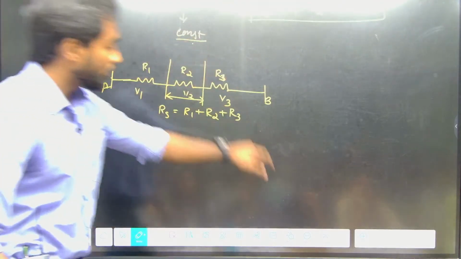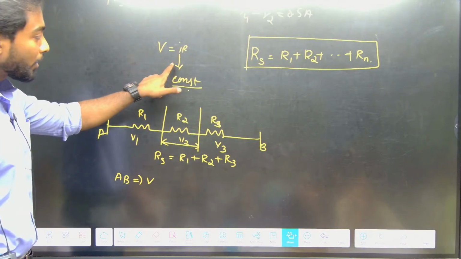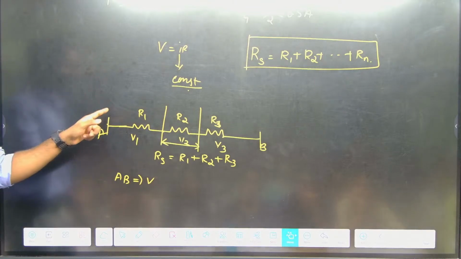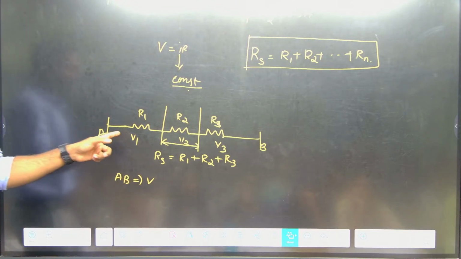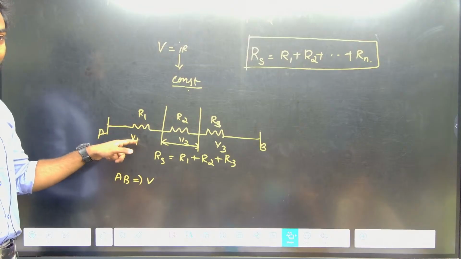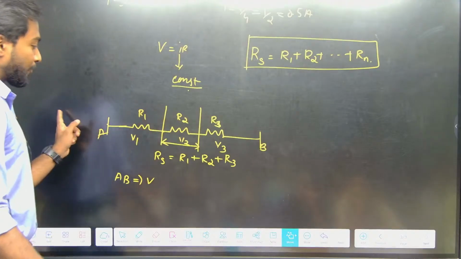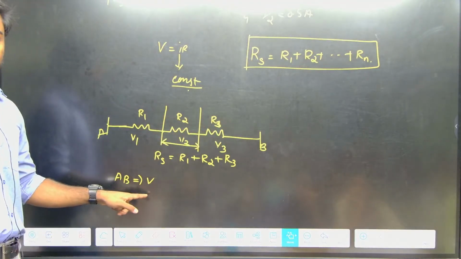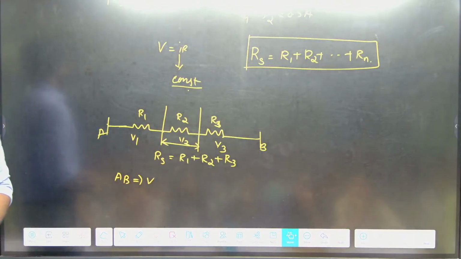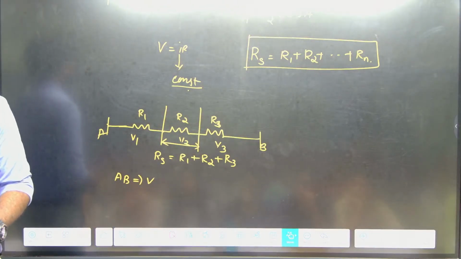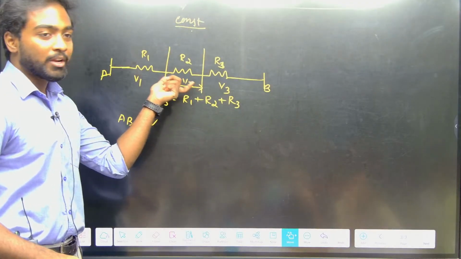What is the point I told you before starting here? V equals IR, only I is constant. If R changes, V also changes. Yes or no? So obviously R1 will have V1, R2 will have V2, R3 will have V3. But for the series equivalent it will be V only. The sum of resistance will be directly proportional to the potential. If they are asking what is the potential only at V2,